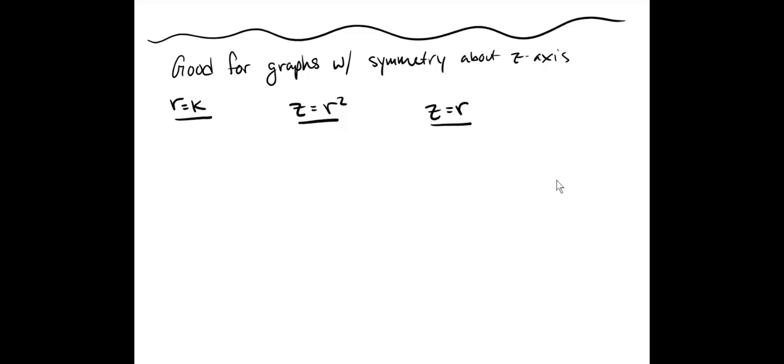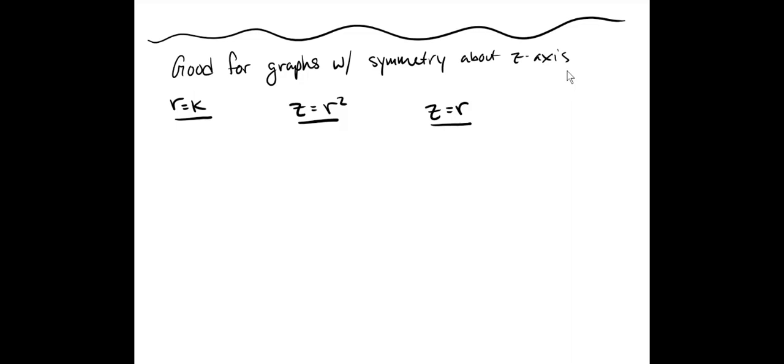I want to see some standard graphs that are pretty nice in cylindrical that might be complicated in other systems. Turns out cylindrical is pretty good for graphs with symmetry about the z-axis. So let's see what we mean by that. For example,